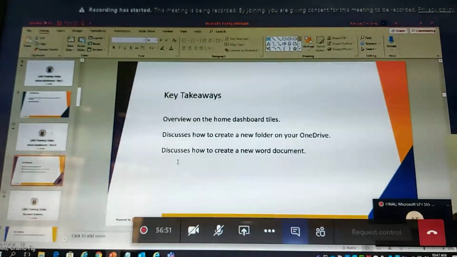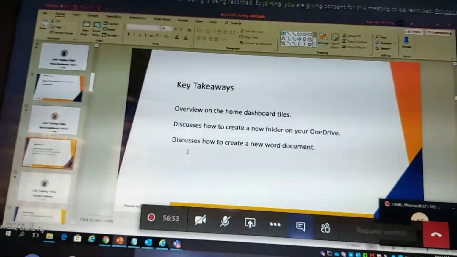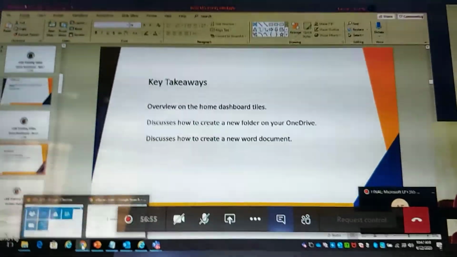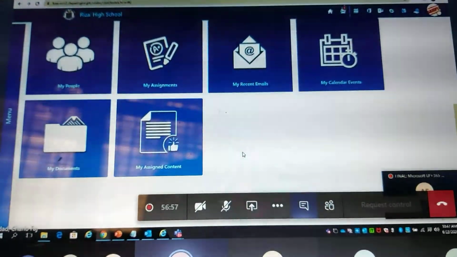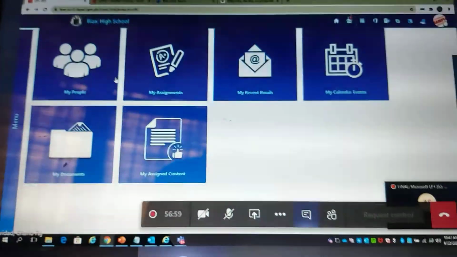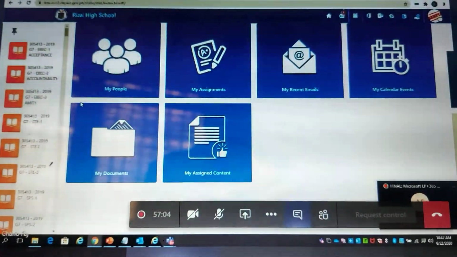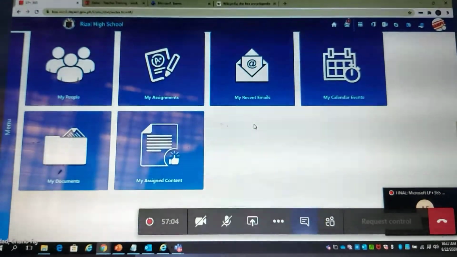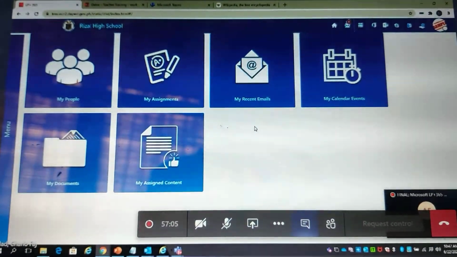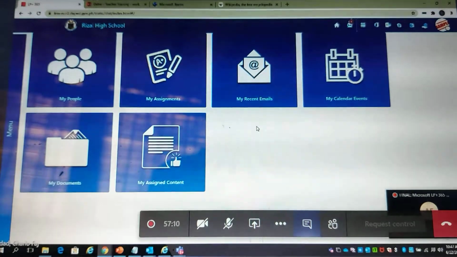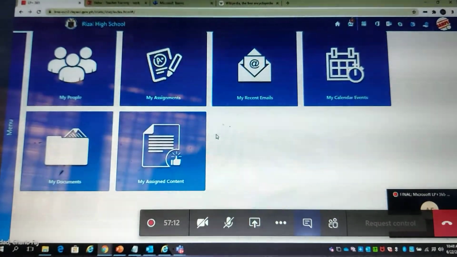Okay, so yung sinasabi nating home dashboard ay ito. So itong mga malalaking icon na to, which we call tiles, ang tinatawag natin na mga home dashboard tiles. Okay? So diniscuss niya isa-isa. So the first